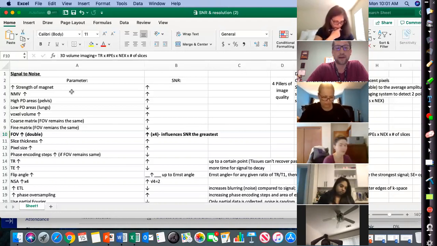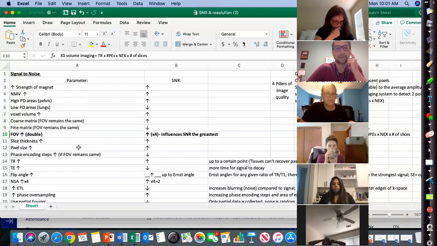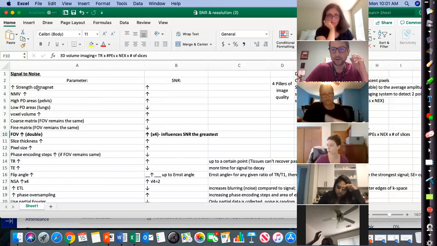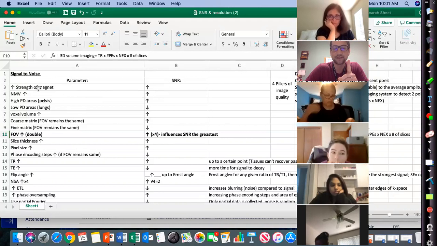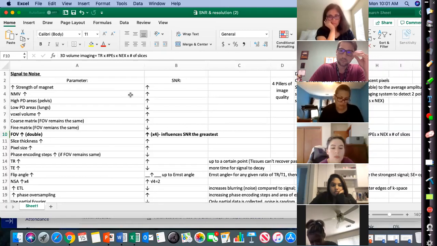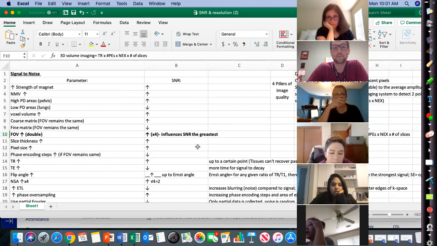So let's go down each of these parameters and see how it adjusts your SNR. And I want you guys to give me the reasoning behind it. So if I increase my strength of magnet going from a 1.5 to a 3 Tesla, why does that increase your signal? An increase in B sub 0 increases SNR. Okay. But because the vectors are